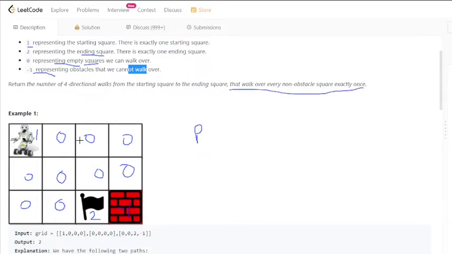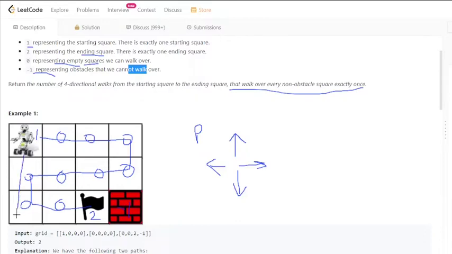Now what are the possible directions a robot can move? The robot can go up, it can also go down, it can go to the right, and it can also go to the left. So let's see the valid paths the robot can take. The robot can take this path. This is one of the valid paths because all the empty squares in this path are visited exactly once. Another valid path a robot can take is this one.